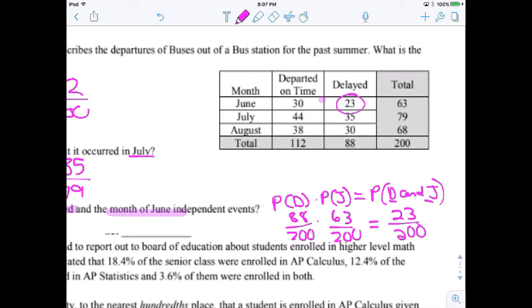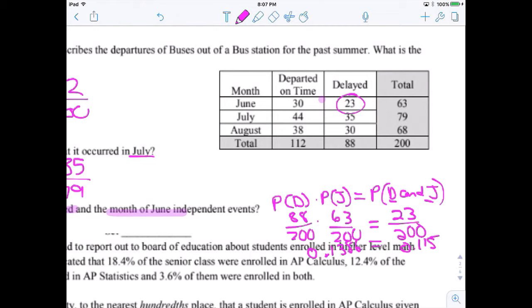Now, often the best way to tell if these are equal is to actually just multiply them. So on the right side, 23 out of 200 would be 0.115. And on the left side, I have 88 over 200 times 63 over 200, and that's going to give me